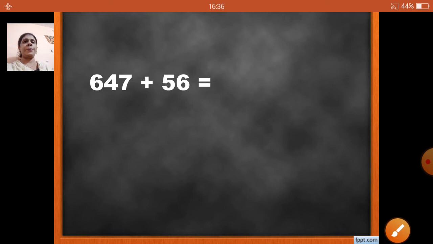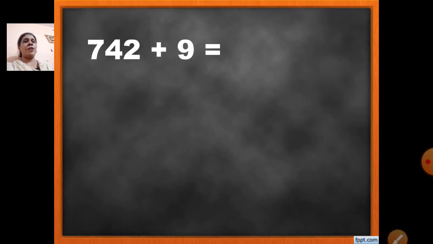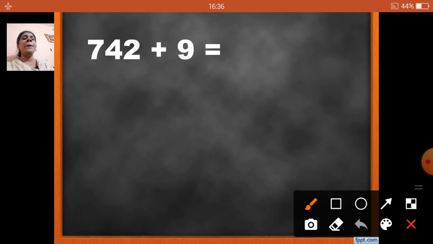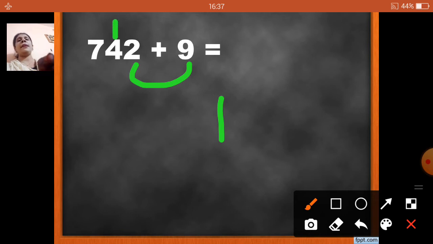Okay. Now next. 742 plus 9. 742 plus 9. Now children, here the second number is only a single digit, that is the number in the units place. Okay. So what we are going to do, we are going to add units with units. This 2 we will add to this 9. So 2 plus 9, after 9, 10, 11. So what I am going to do is, I am going to write only 1 here and 1 I will carry over. So 4 plus 1,